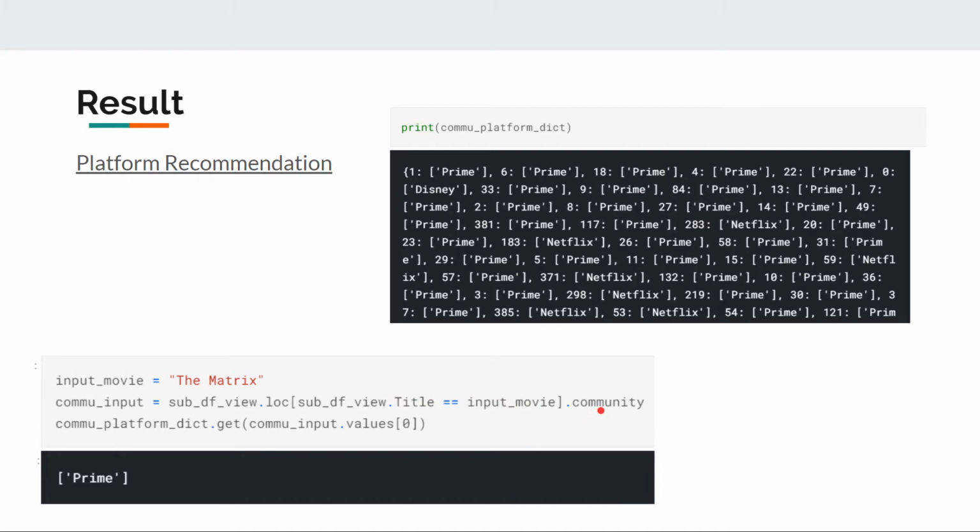After we get the community number, we can find the recommended platform according to the community input value. And in this case, the Matrix movie is recommended to use the Prime platform if you want to watch a movie like the Matrix movie.